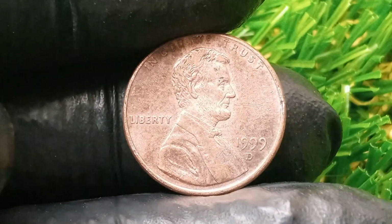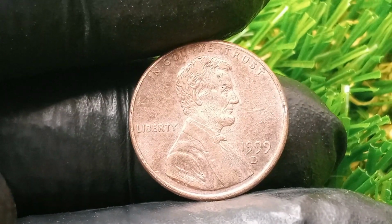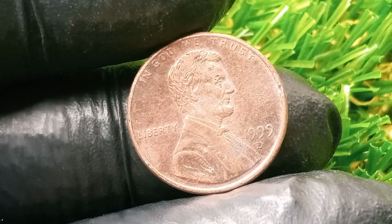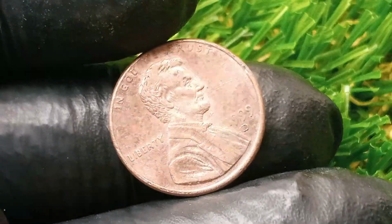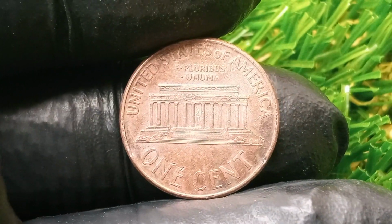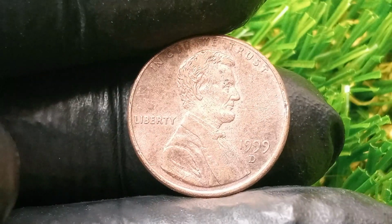And with the growing interest in coin collecting among younger demographics, driven in part by social media and viral stories like this one, the future value of this coin could rise even higher, especially if it appears at a public auction and garners media attention for its sheer unlikelihood and breathtaking value. And while many pennies from 1999 are still circulating and commonly found in change, this specific D-mint version stands alone as a monument to the unpredictable artistry and chaos of the minting process, where a machine-bound operation accidentally gave birth